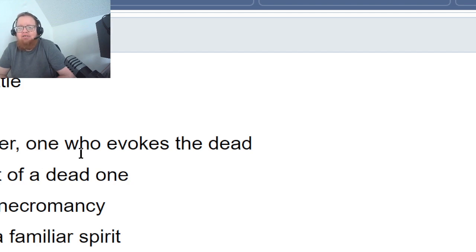So water skin bottle, a necromancer. Necromancer: one who evokes the dead, ghost or spirit of a dead one, practice of necromancy, one that has a familiar spirit. And